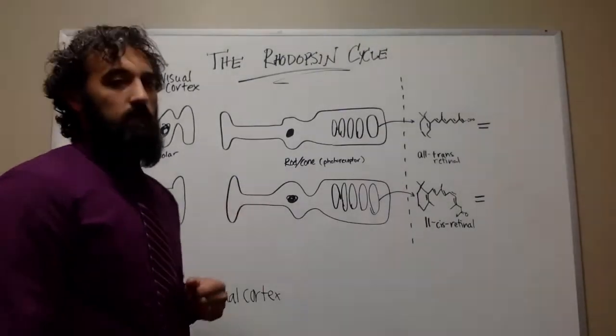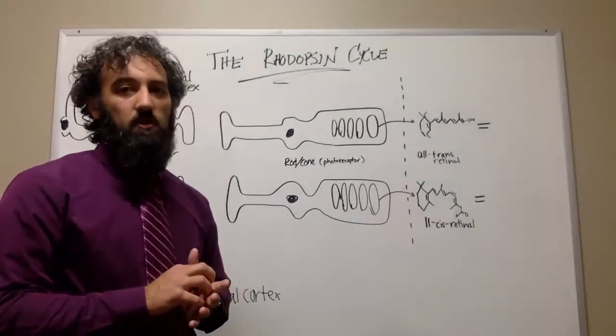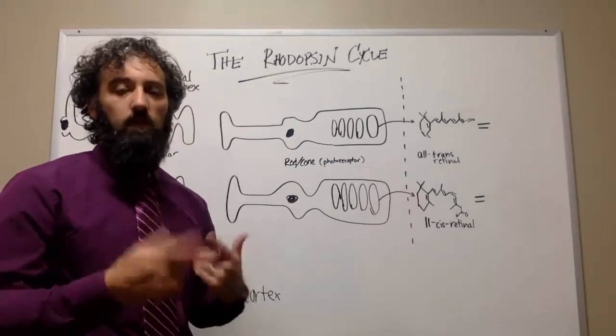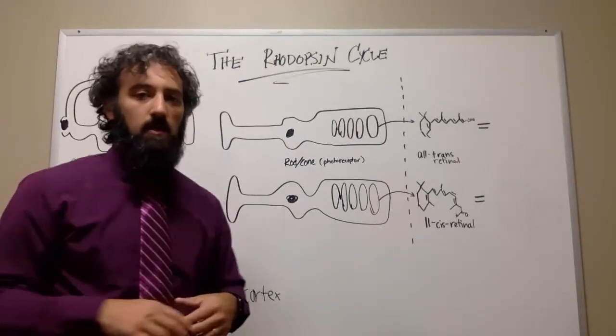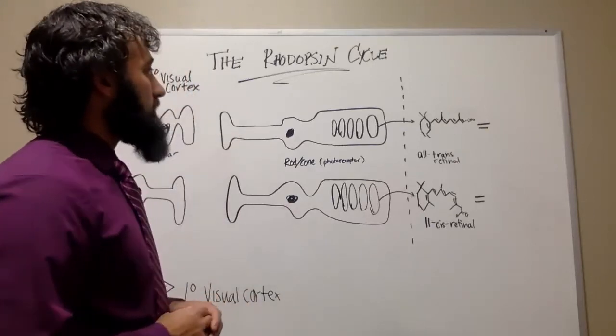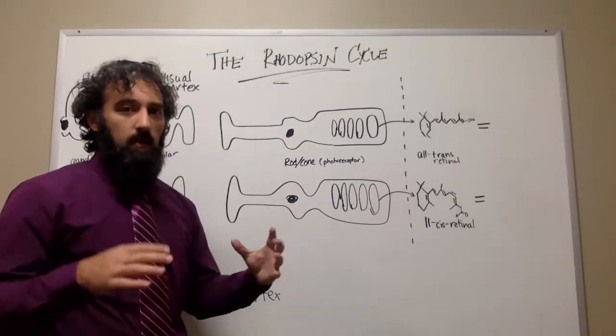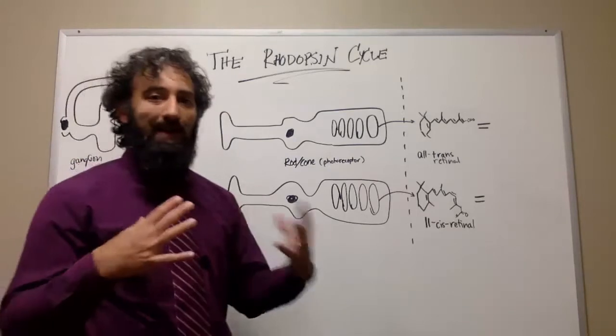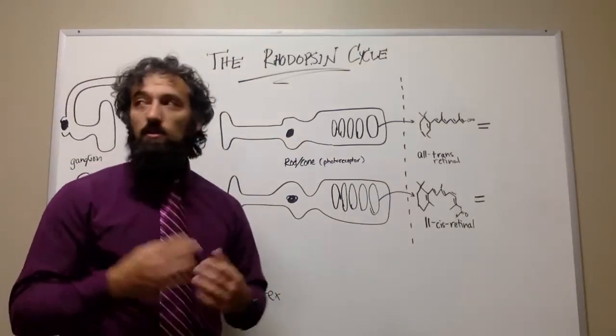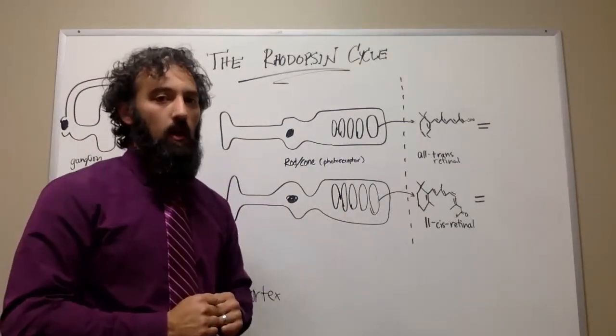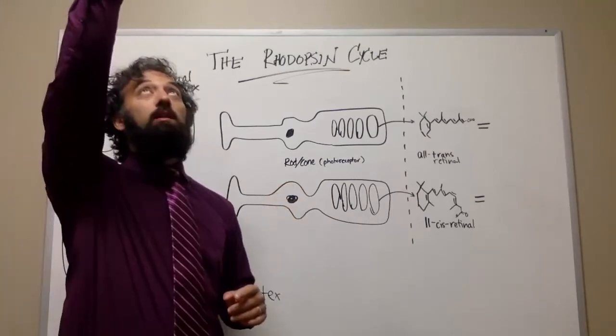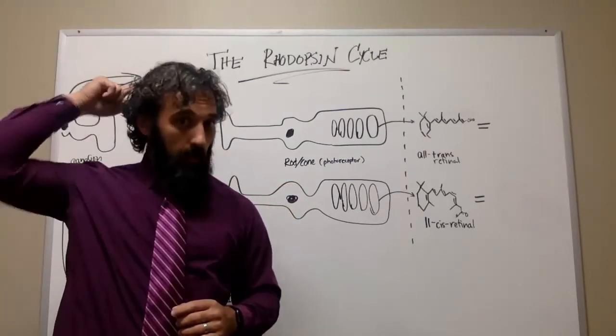Give a little bit of a review, so to speak, or some sort of thing that you can actually watch over and over again because the test is coming up very soon, about the rhodopsin cycle. The rhodopsin cycle is essentially the way that your brain decides that light is happening. So this is part of phototransduction as a whole, or how we get from light to eye to brain,